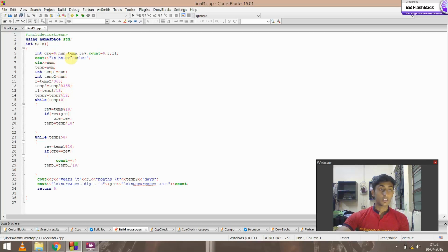I have declared a few variables over here: gre, num, temp, rev, count, r and r1. Count and gre have been initialized to 0 to prevent garbage values. First I have taken the user's input as num, and this will be stored into temp. Temp1 and temp2 are two integer variables. I have stored num in